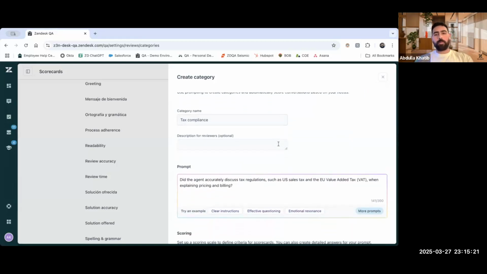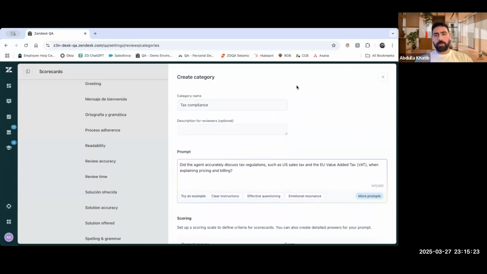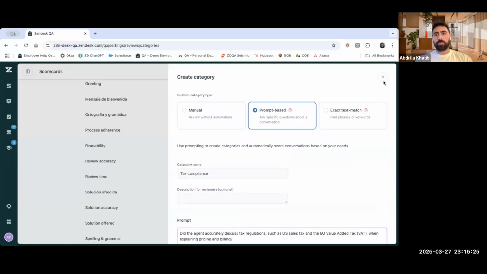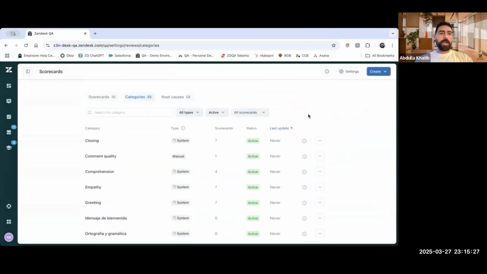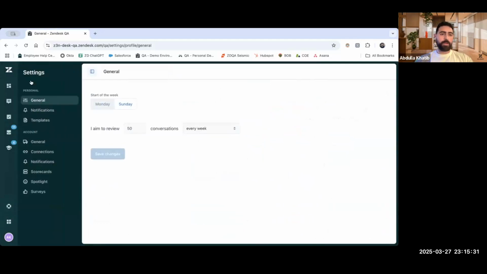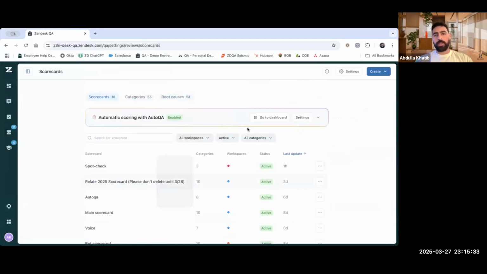So that's building out the new custom AutoQA categories and the new advanced scorecards. Again, you'd find this under settings and then uncollapsing this and then scorecards, and this is where you'd be building it out. Another thing I want to also mention while we're on the topic of scorecards and the AutoQA is